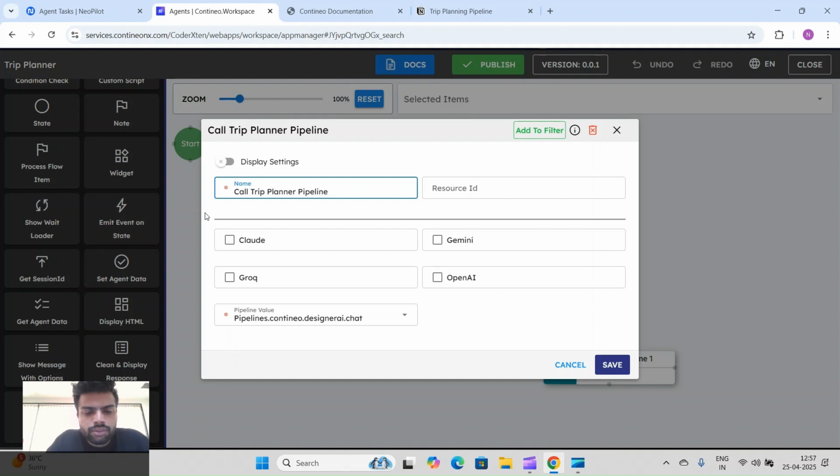You can name it according to your use case if you want. After that, you will have to select which provider, meaning which LLM we are using in our pipeline, like OpenAI GPT, ChatGPT, or OpenAI Foro Mini. So we'll click on this mark. This is used whenever some user is using our agent. One dialog box will pop up which will ask for the API keys from the user. So we will use the user's API key for executing this agent. When the user adds his API key and clicks on save, those LLM calls will be executed using his API key, not ours.